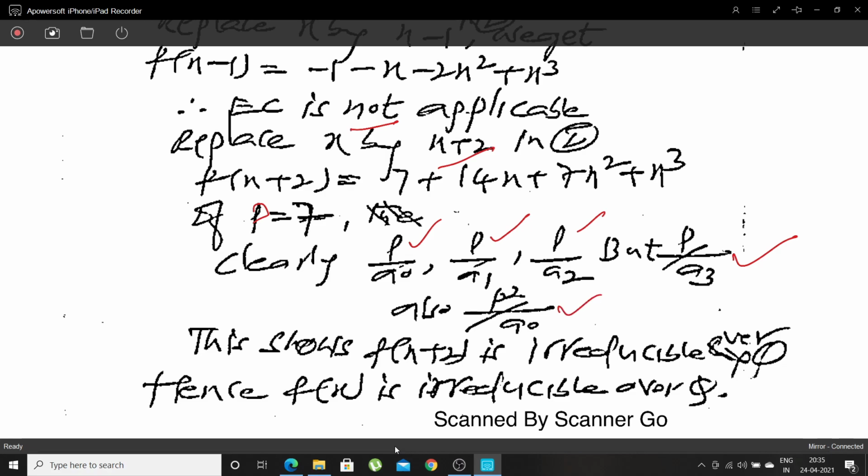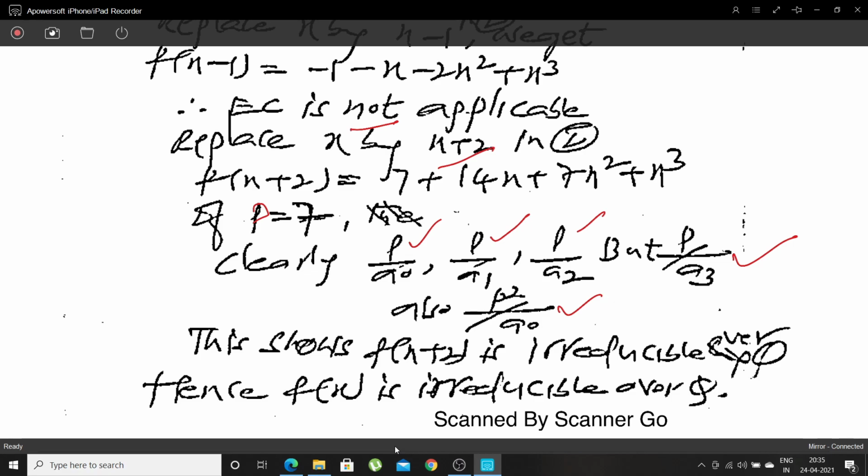P divides a naught, p divides a1, p divides a2, but not these two. This shows that the function is irreducible over the set of rational numbers. Okay. Another example. Deduce